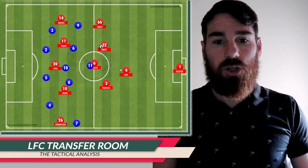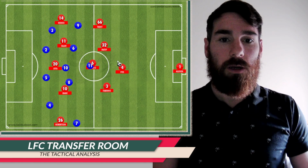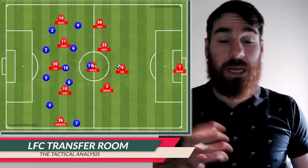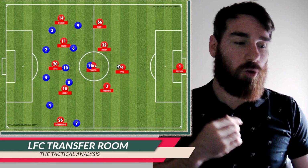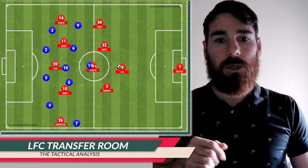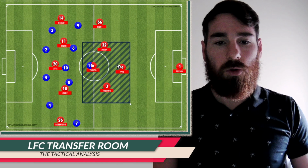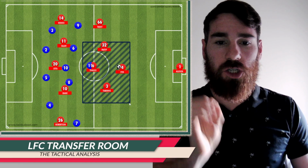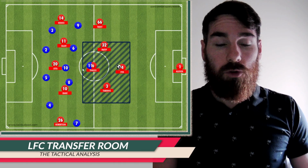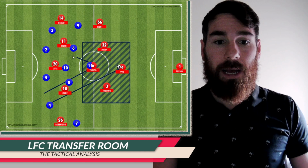Van Dijk is going to play his usual sweeper libero role and basically be passing for fun, as you can see. And Liverpool are going to dominate the game without a shadow of a doubt in my mind, unless Everton pop up with 2 early goals from corners, for example. Really keep an eye on this control here, because if Everton don't manage to stop that, it's not a question of if, it's a question of when, because two of these players in Thiago and in Van Dijk can pick passes for fun in between the lines,